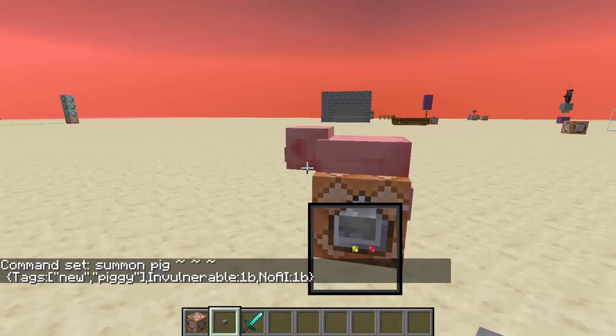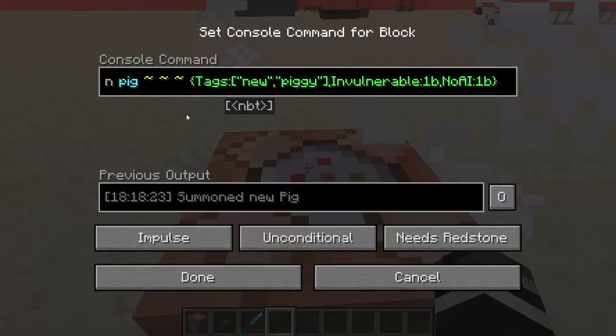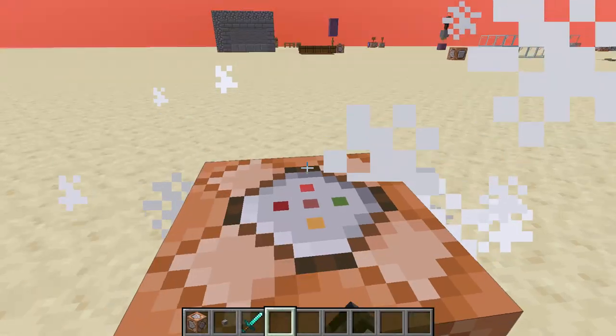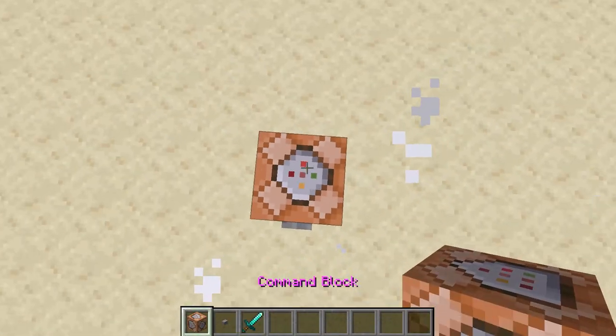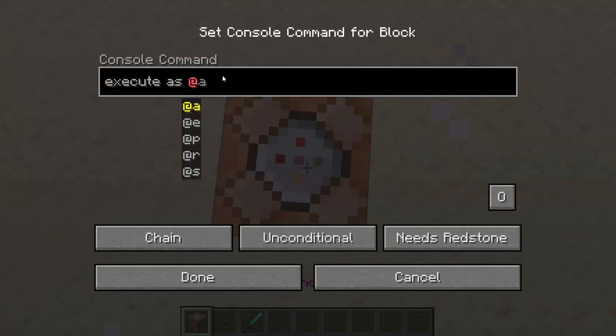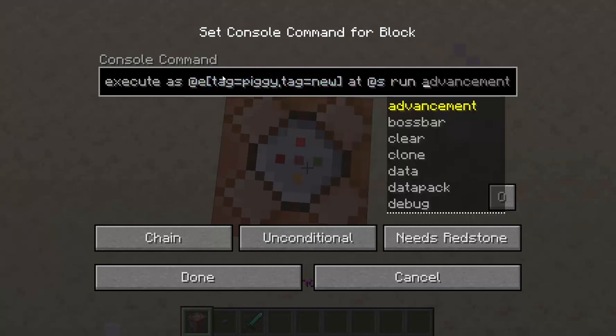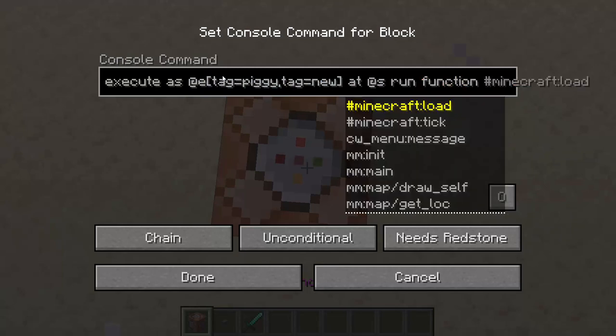Ignore that. Little sneak peek for an upcoming data pack. Anyway, so we got this piggy, and he has no AI. So now we need to link it with the player. So what we do is we go execute as @e tag equals piggy, tag equals new. So some piggy that's new. We are going to @s run function